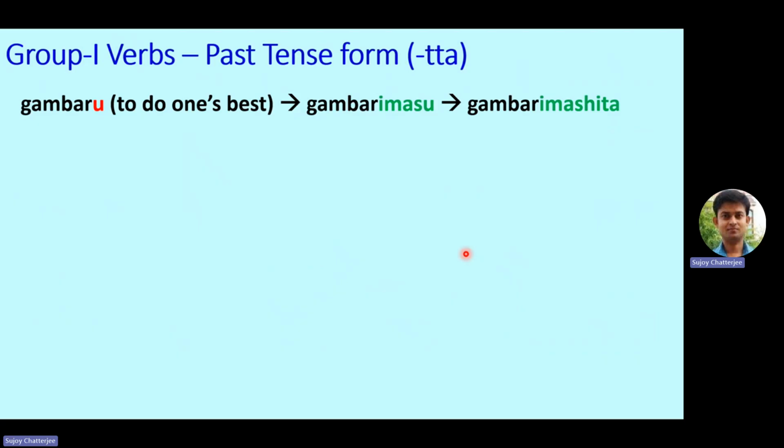So we take this example of the verb gambaru. Gambaru, as you can see here, ends in a u sound and hence it is a group 1 verb. Gambaru means to do one's best, that means to do hard work. For example, if we say some student is doing his best to score well in the exam, then this gambaru verb will